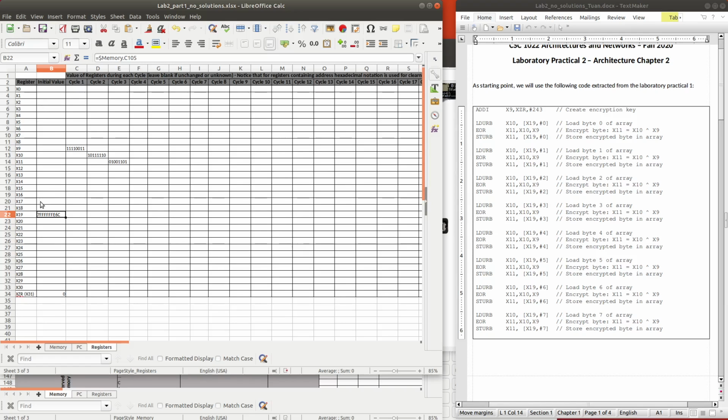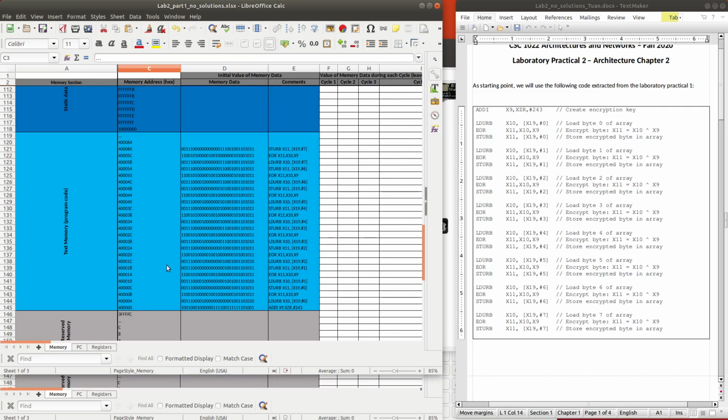We don't need to take care about those values here, but we need to take care about the value of X19. It is 7FFFFE6C here. And of course for XZR the value will always be 0. Now we will consider how our program works, how it might change the PC value, and how it might change the value inside our register.